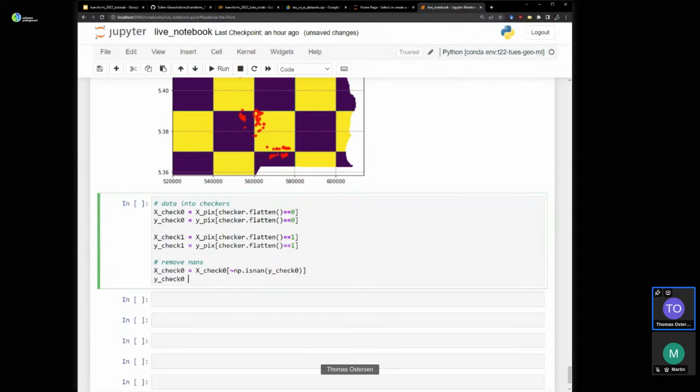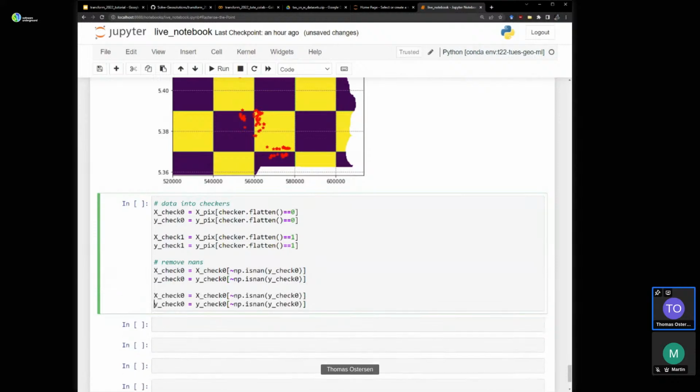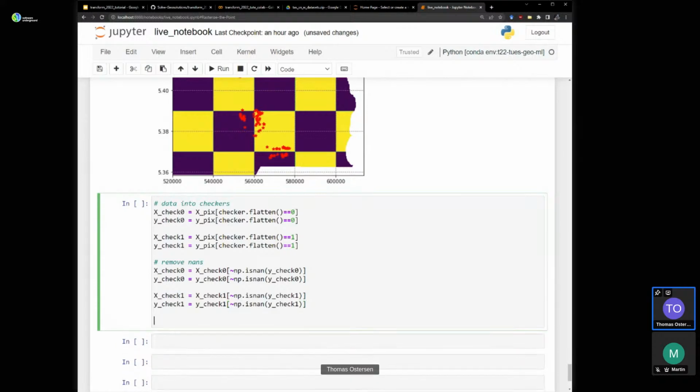Y check 0 equals Y check 0. Okay, that looks about right to me. Is that right? Yes.